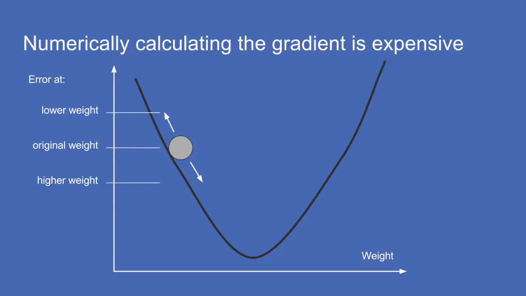Now, the problem with doing this is each time we go back and calculate the error, we have to multiply all of those weights by all of the neuron values at each layer. And we have to do that again and again, once for each weight. This takes forever in computing terms, on a computing scale,